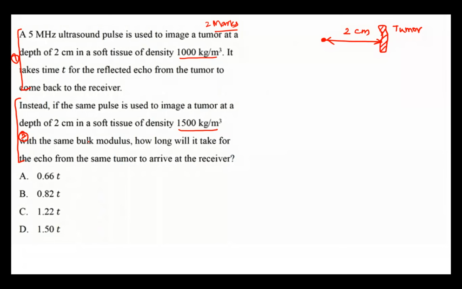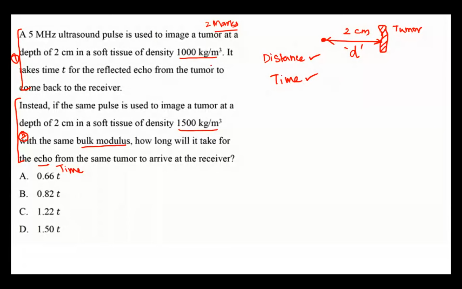Okay, with the help of the given bulk modulus, there is only one formula in ultrasound, which we have solved earlier. You need to find the speed. Here they have given the echo, and echo is nothing but time. I have a distance, I take it as d, the distance between the tumor and the transducer, and they ask us to find the time.